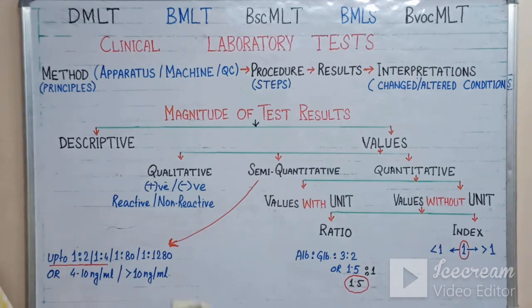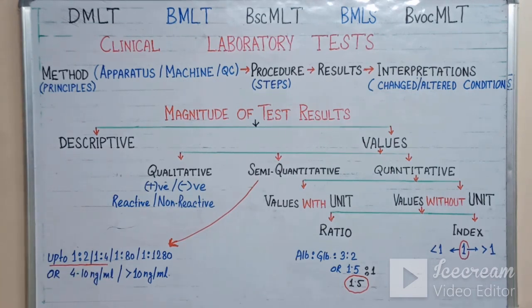So different modes of dilution are applicable for different types of tests. Now there is another semi-quantitative report, which particularly resembles the PSA test, that is the prostate specific antigen test. In the prostate specific antigen rapid test procedure, one marker is reactive up to 4 to 10 nanogram per ml.